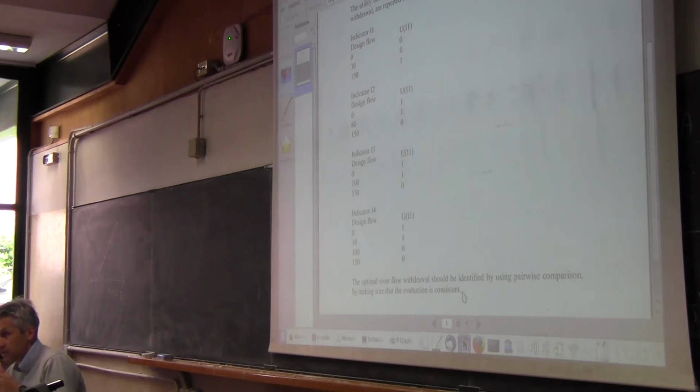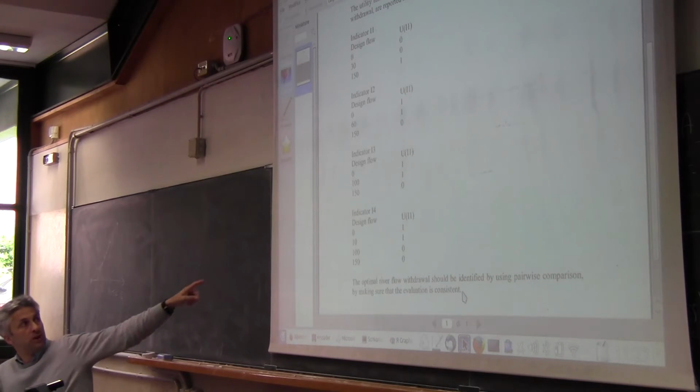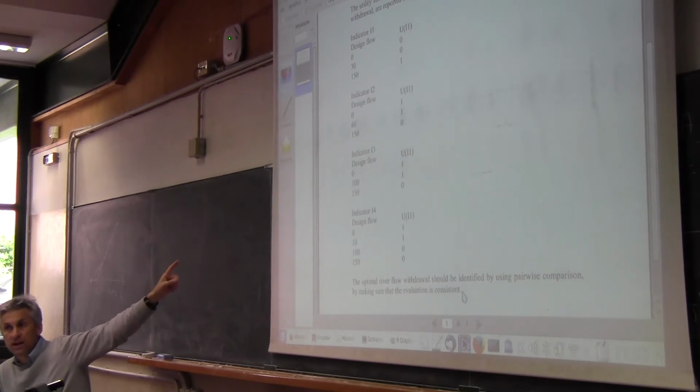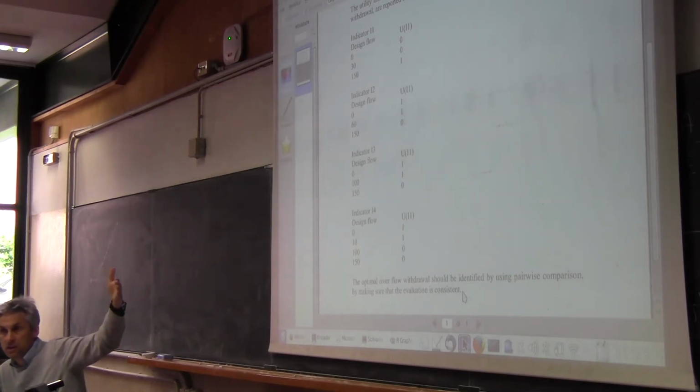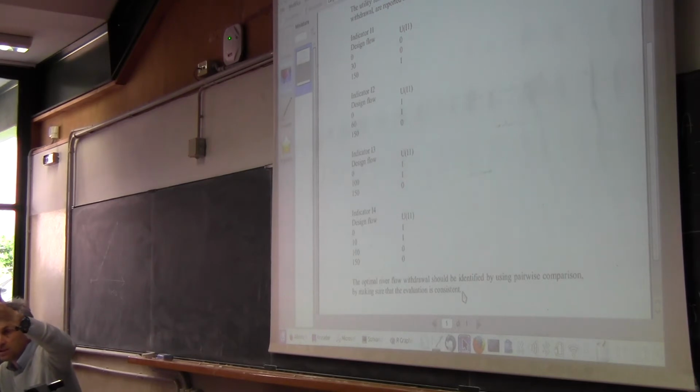Let's try to make this experiment. And now that we have the text file with the whole exercise, we can play with it. So let's try to modify this utility function for the indicator I3 to check if we indeed, by modifying it, we shift to 110 the optimal design flow. So let me modify this utility function for the indicator I3 by substituting 110 instead of 100. It's very easy. It means that we keep the utility constant up to 110 instead of 100. And let's see if it changes the final result. And no need to change the matrix for the pairwise comparison. We just need to